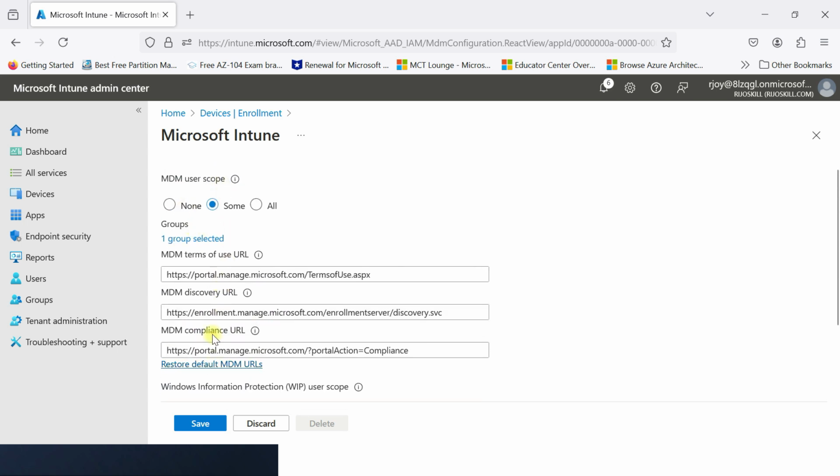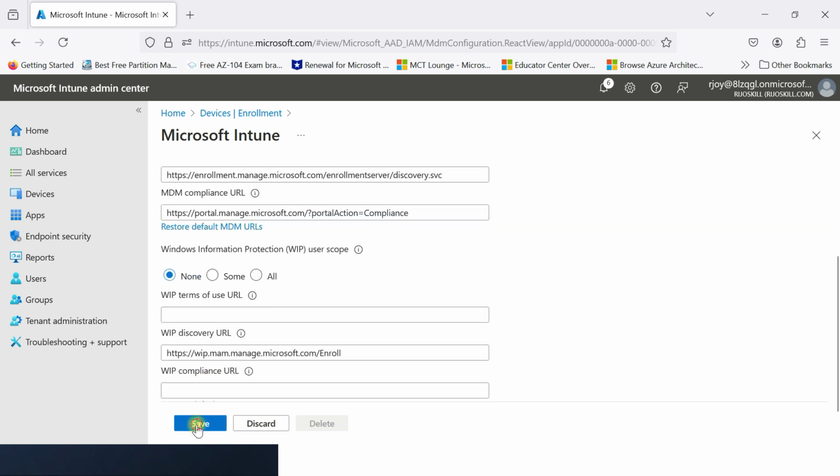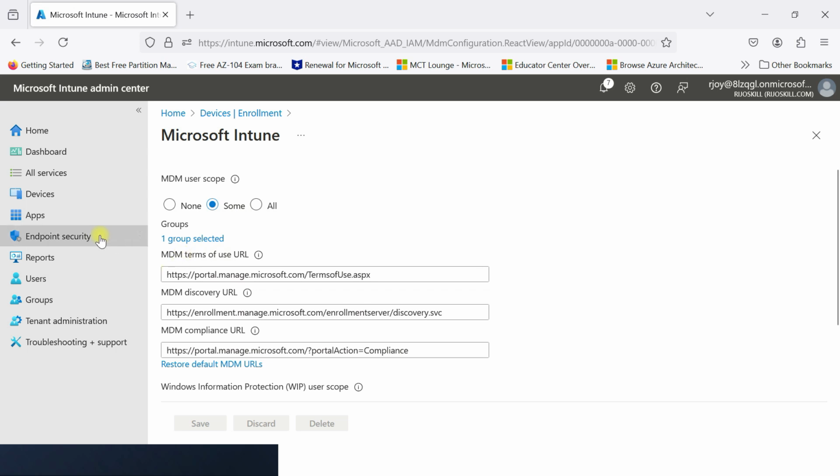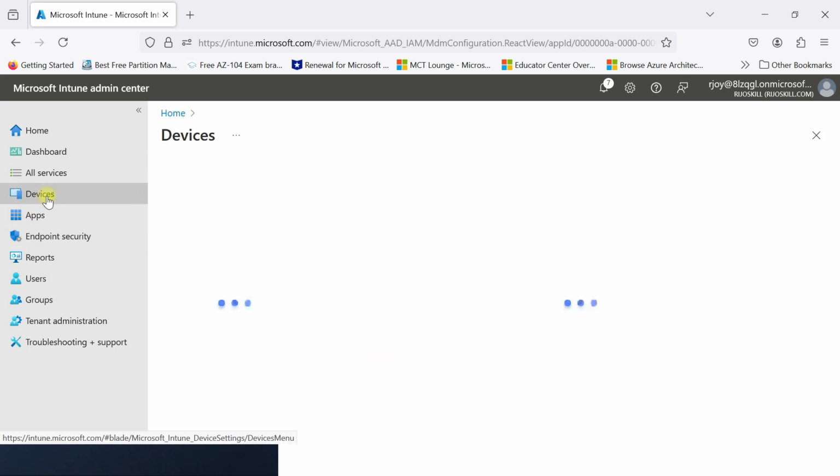Just select the automatic enrollment user. I selected Some and I selected the group also. If you need all, you can select All users, just click All. None means you will not select anything. After that, just click Save. See, now your Microsoft settings are updated. Then after that you need to go to Devices again,